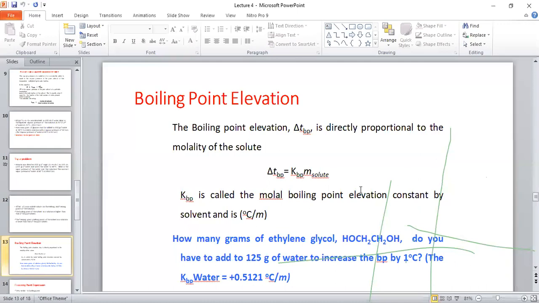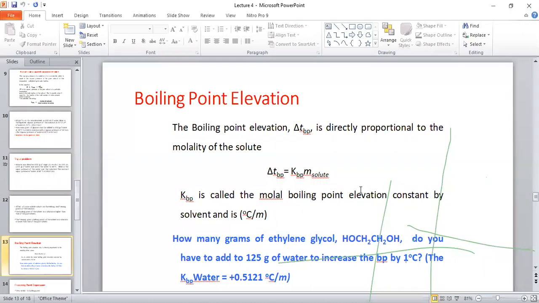So now, you see the delta T, the boiling point elevation here, delta T boiling point, is equal to K boiling point multiplied by m of the solute. K boiling point is the molar boiling point elevation constant of solvents at degrees centigrade. So here, at what temperature? It's per